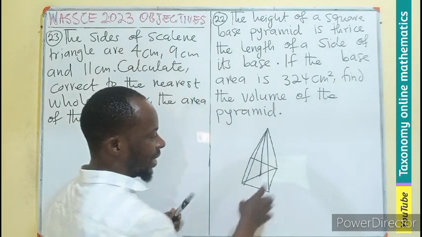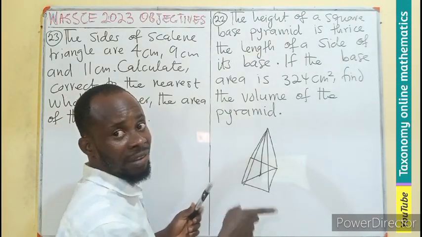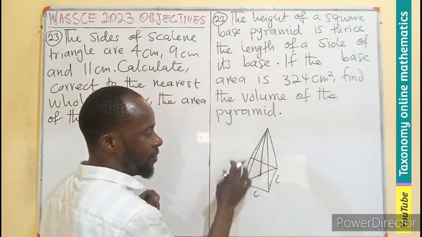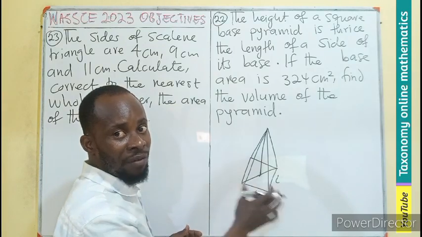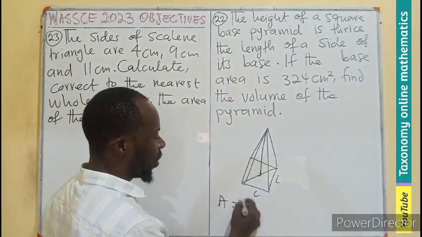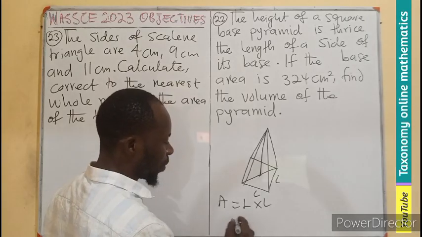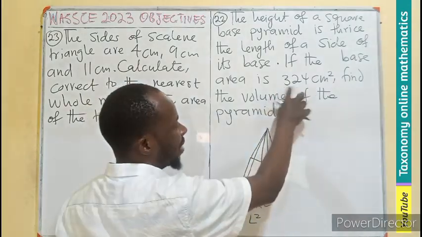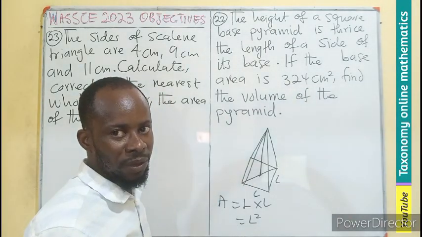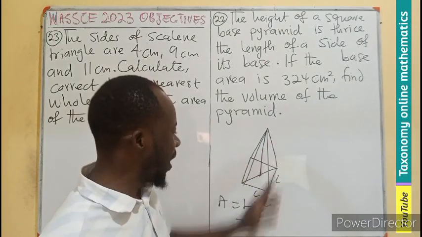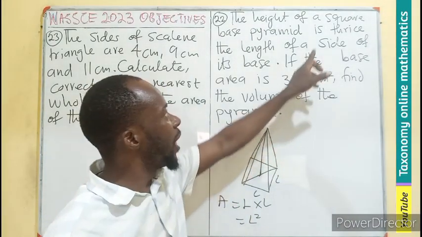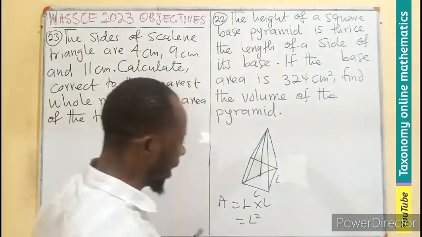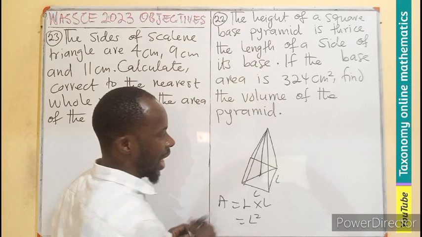They are saying it's a square base, meaning the sides are the same. So if all of them are L, then to find the area of the base, area equals L times L, which is L squared. This base area has been given to us as 324. If I know the length from this calculation, I should be able to tell the height, because the height is 3 times the length. So how do I get the length? I know the area,